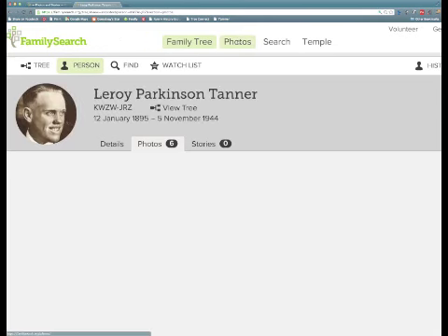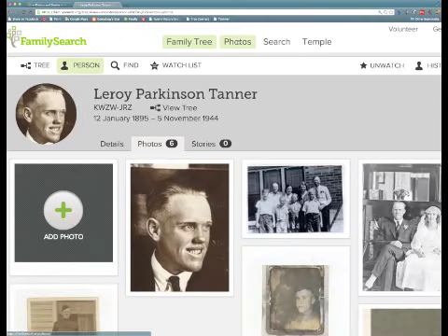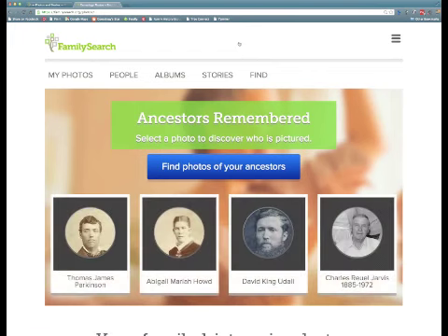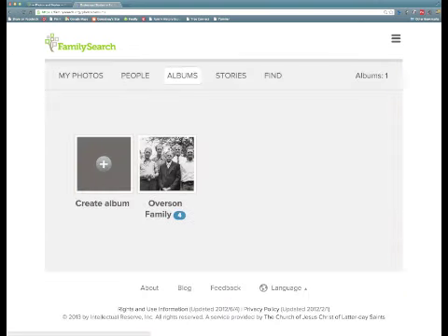Now, I can go back to the Photos program at any time, either by clicking on a photo or by clicking on the link to Photos at the top of the page. Another part of the program is the Albums portion of the program. Here you can